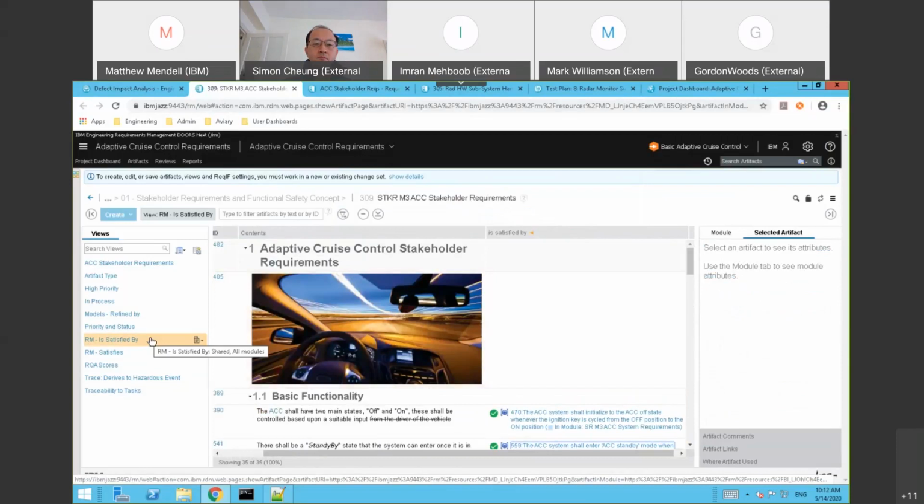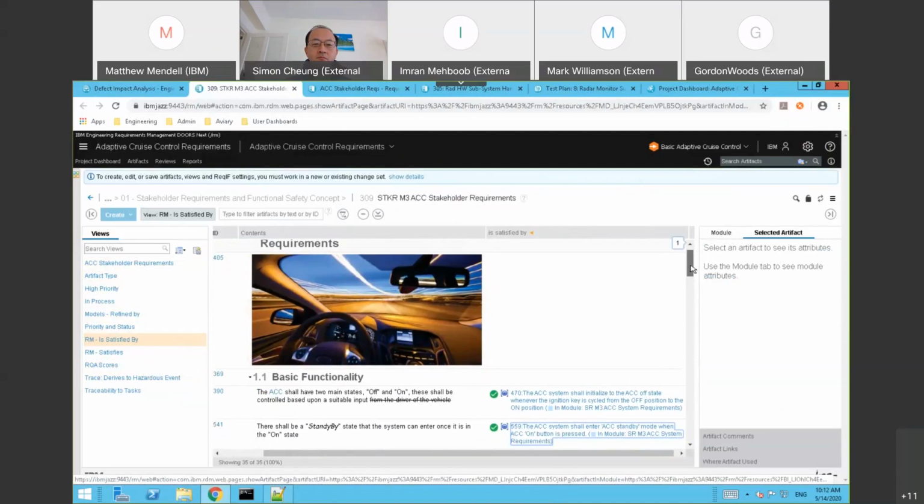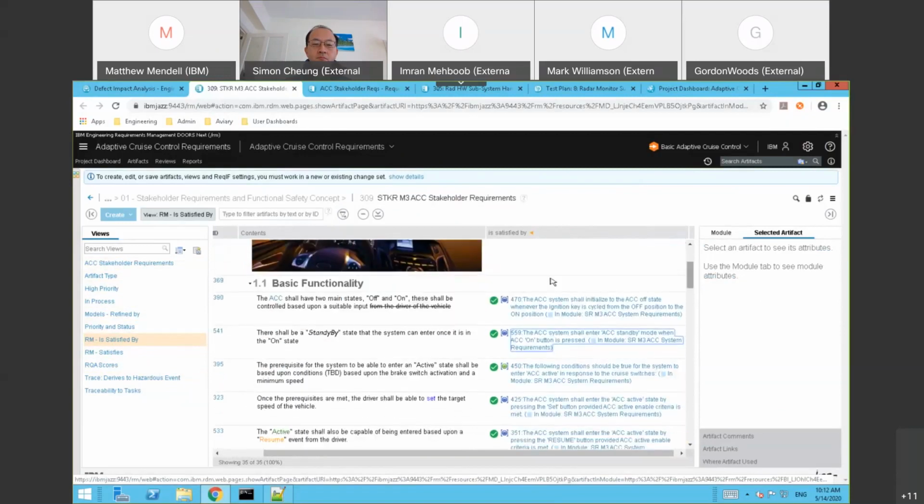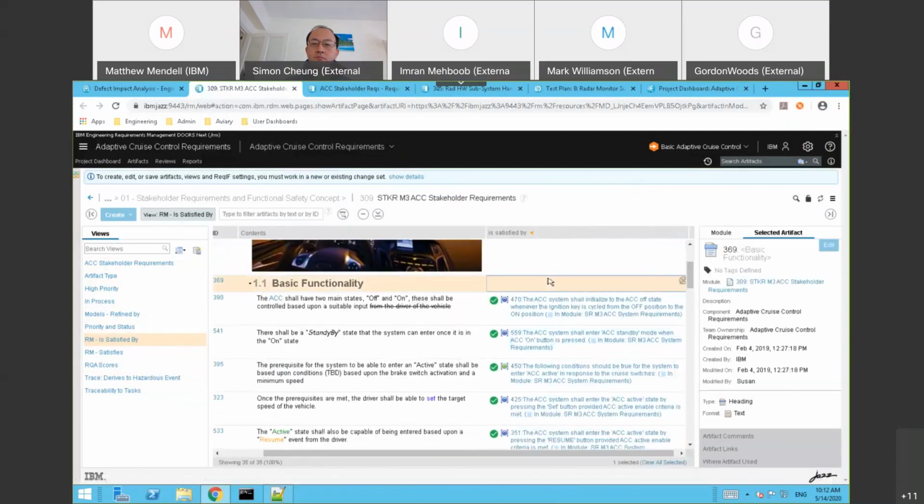Once we've got all of our filtering done throughout the different requirements here, we can also then set up views in the way that we would have done before, and those allow us to slice and dice the data in different ways and get different bits of information about the requirements. Crucially now, because we're working in a web-based environment, whenever we see a hyperlink here, we can